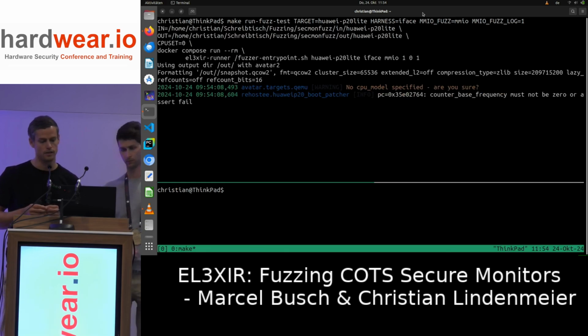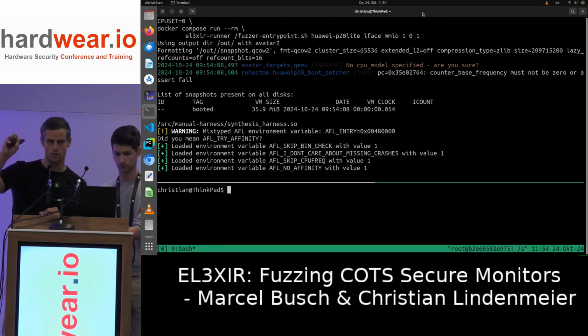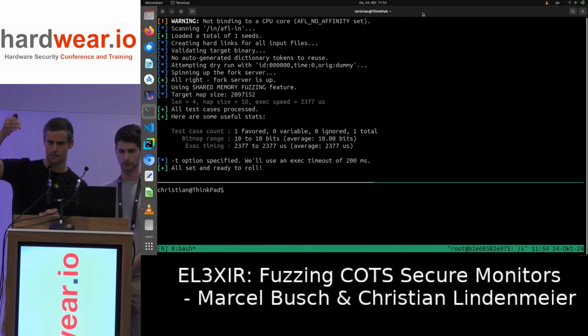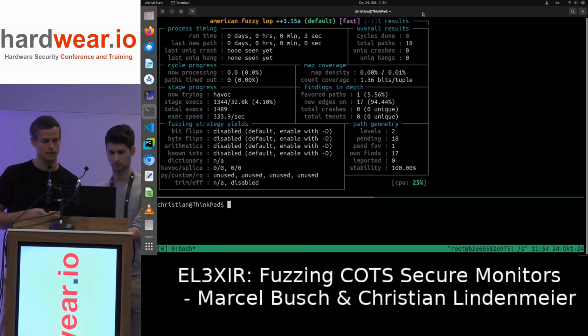What Christian is doing here, he's booting up EL3XIR for the first time. This is the entire boot process up until the rich OS is executing for the first time. There, we take a snapshot. And in the second stage, we launch AFL using this snapshot every time, from a fresh state, to execute SMCs with randomly generated inputs